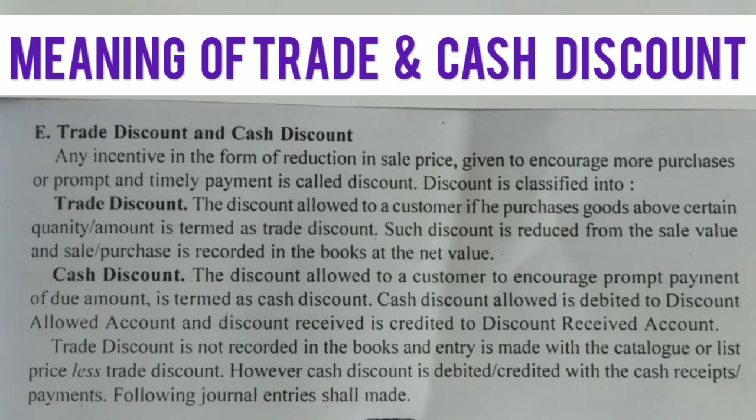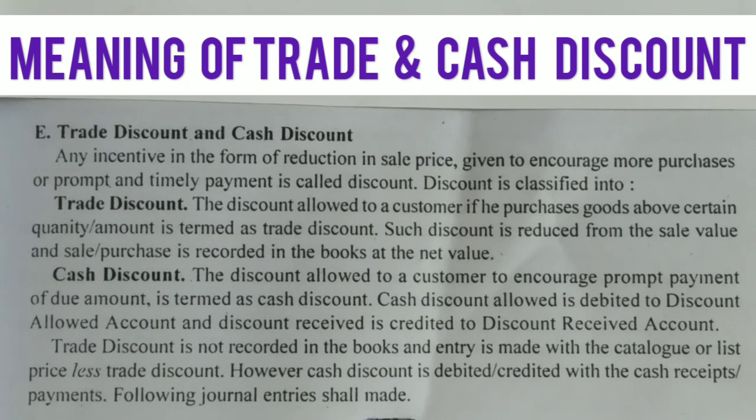Otherwise, what will happen in credit sales? They will make payment at a later date. If you have given the credit of 3 months, then they will make payment after 3 months. But if you want them to make payment early, say for example within 15 days, so you can tell them if you make payment within 15 days of purchase, then apart from trade discount, you will get one more discount, cash discount, because of early payment. So that discount which is extra given for prompt payment of cash is known as cash discount.